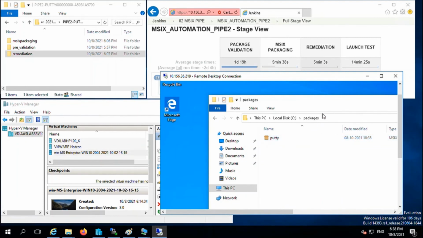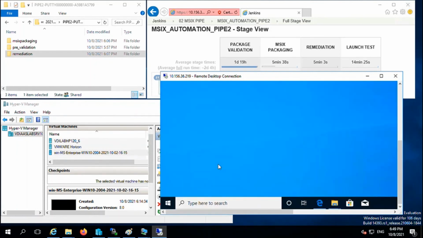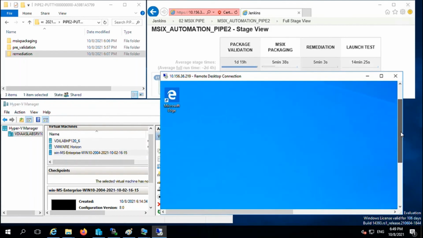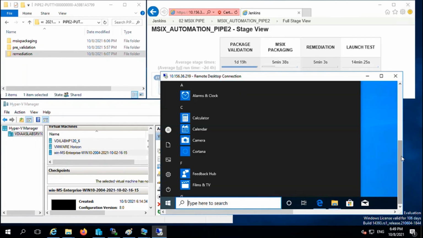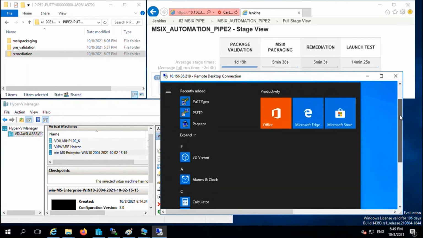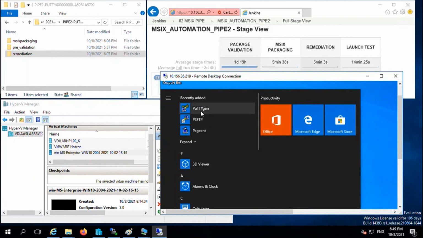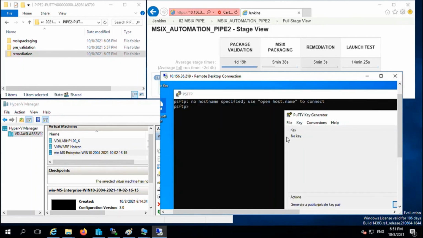It will be published and launched. The package is published successfully. I'm just verifying whether it is published or not. I go to the start menu and scroll up. Yes, it is published: PuTTYgen is published successfully. I'm just waiting for the auto launch, whether it is launching or not. The Putty MSIX application launched successfully in that new VM.